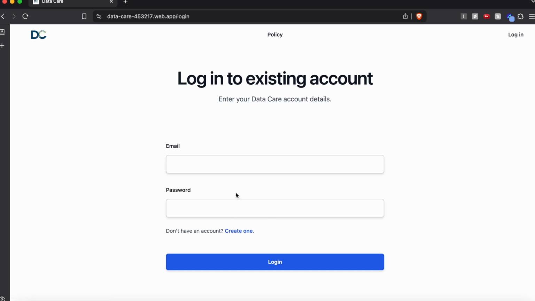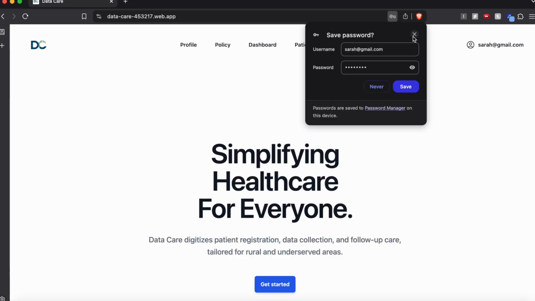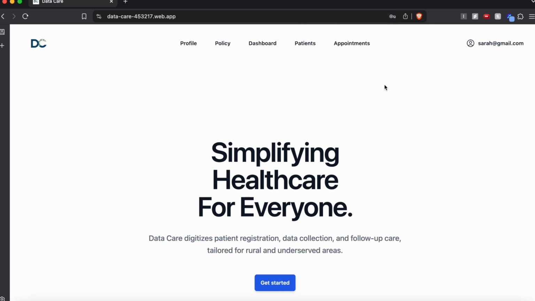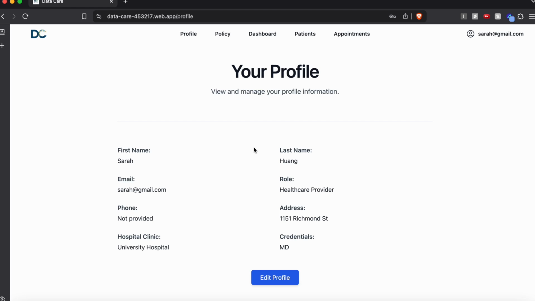So first, we're going to log in as an existing user. An existing user, here is sarah@gmail.com, and they are a healthcare provider. So if we log in, we can see what the application looks like for a healthcare provider. It takes you back to the home page, and you can first click profile, and you can view your current